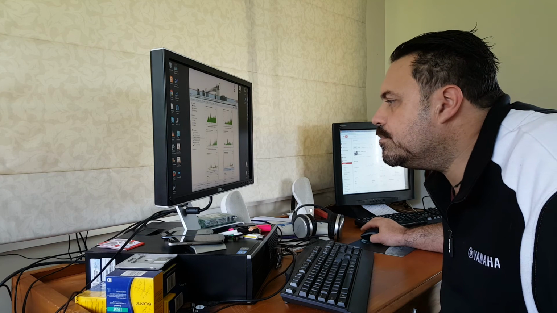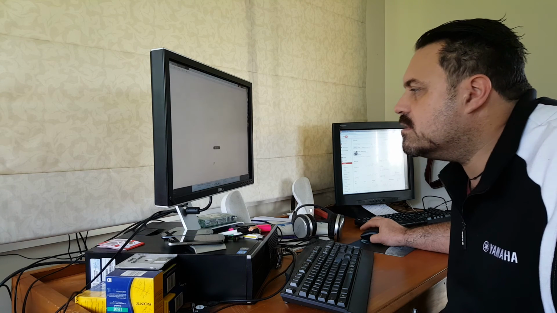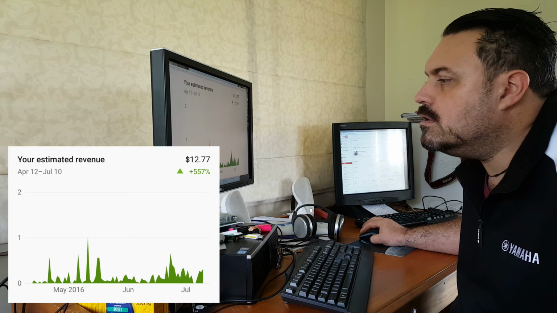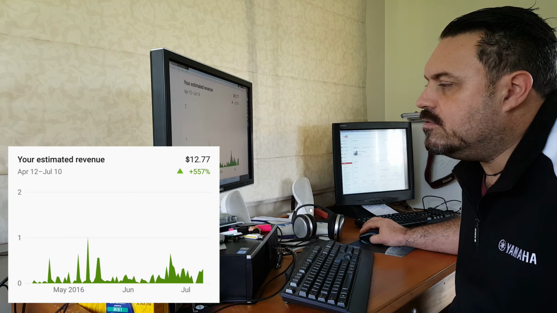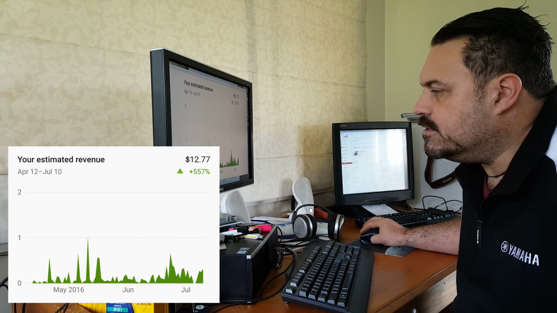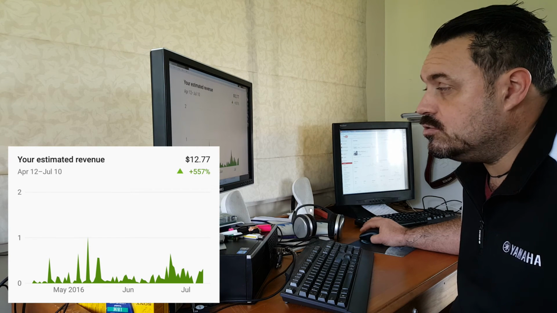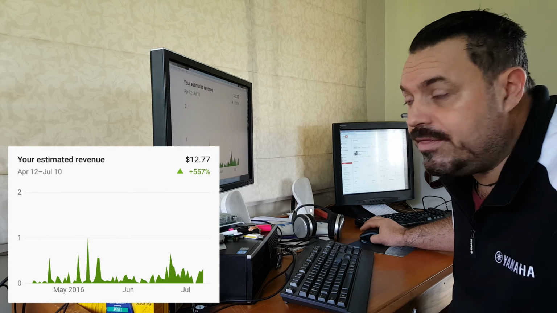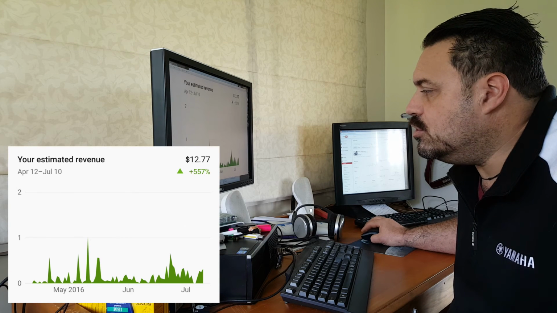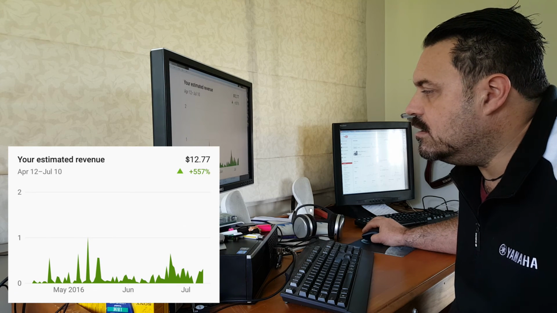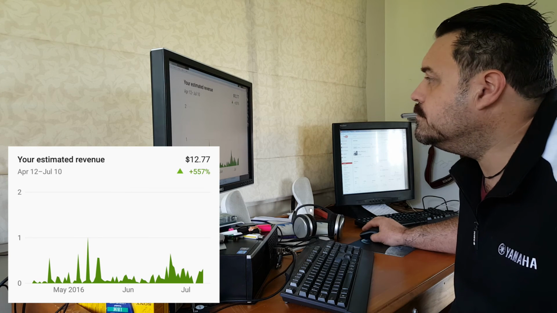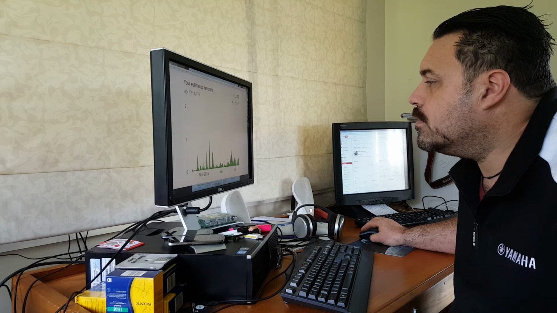Where's the next one? Estimated revenue over the last 3 months. So again, just zooming in now, and it really only started from April onwards. You can see the difference. There was lots and lots of gaps during May. Yes, some good spikes, which was great, and I don't really know why that happened. But once you get into June, we've got a solid baseline of income every day, which is great. It's a good starting point.